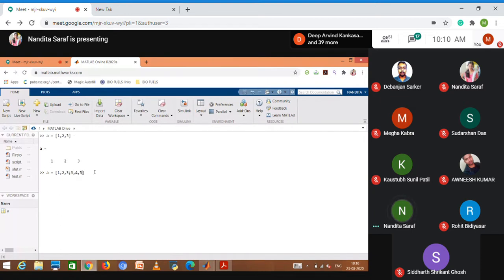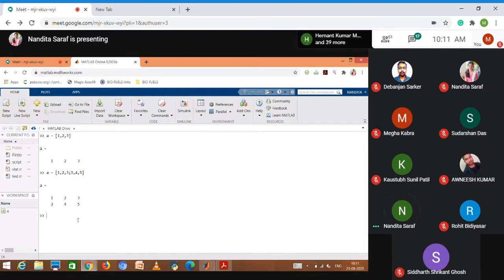I told you yesterday that when you have to change your row, you have to give this semicolon. This is the first row with 3 columns, 3 elements, semicolon. Second row, 3 columns, 3 elements. This is our matrix. It's a 2D array.